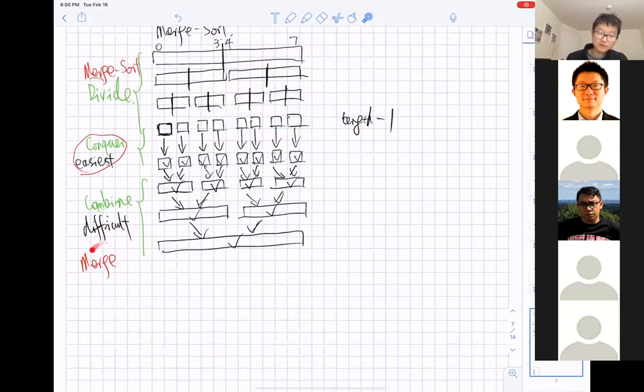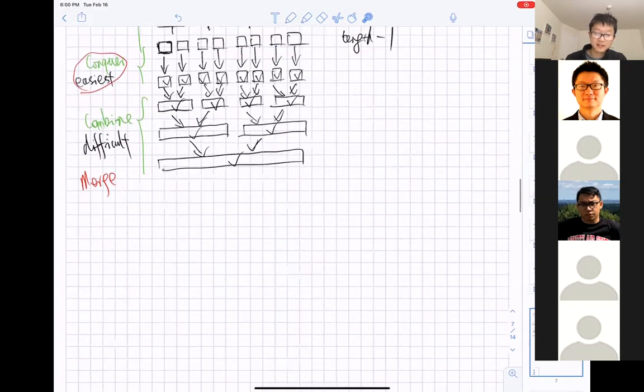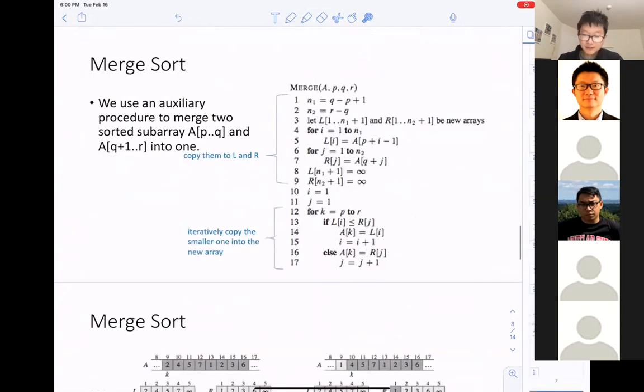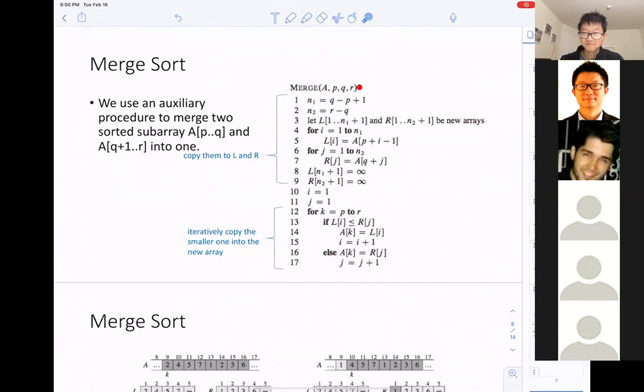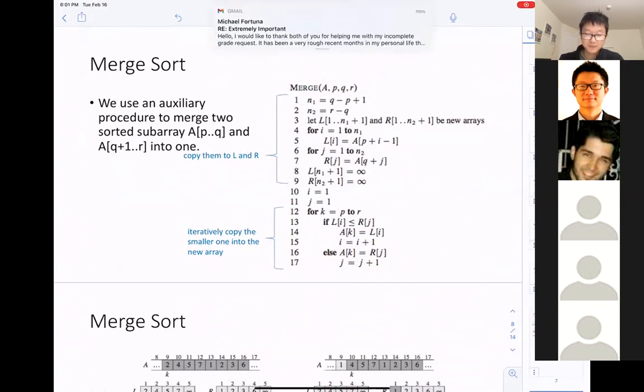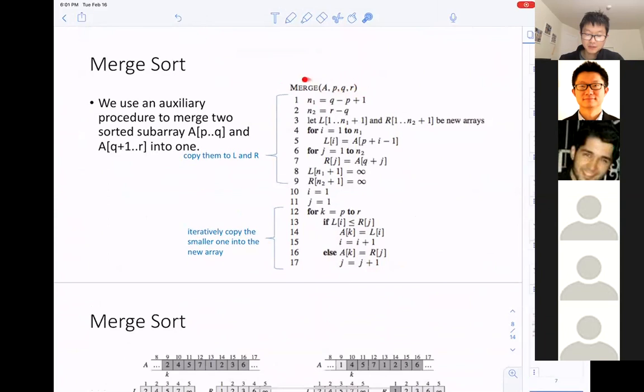But we are going to spend most of the time with the merge, and it's hard for you to understand. This is the pseudocode of the merge function. Let's say the merge function, this is in the first line. What does the first line do? Is it merging 4 arrays? We talked about the purpose of the top line of a function in the last lecture. So what do we use this line for?